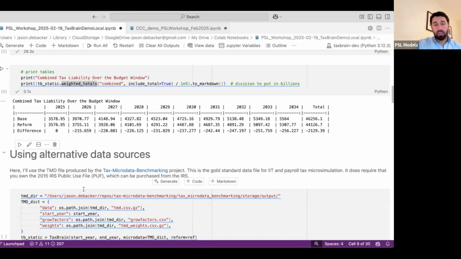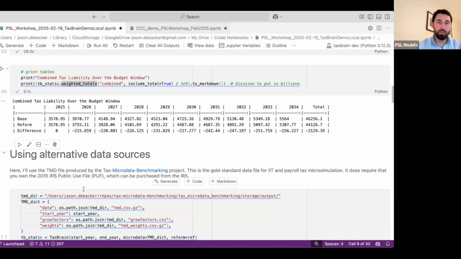And then there's a naming convention with respect to those input variables. So Tax Calculator is expecting variable names that follow the IRS variable names. So the SOI names given to those variables in the public use file, that's what TaxBrain is expecting. So if you were to use the Current Population Survey, and I'm forgetting the variable name in the CPS, but there's a wages and salaries variable, you would need to change that name from whatever it is in the CPS to the variable name that corresponds to wages and salaries per the SOI variable naming conventions, which is